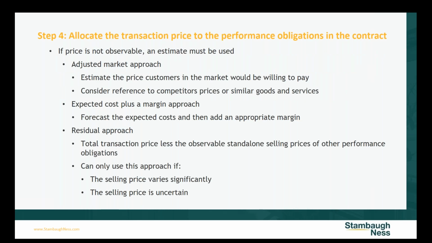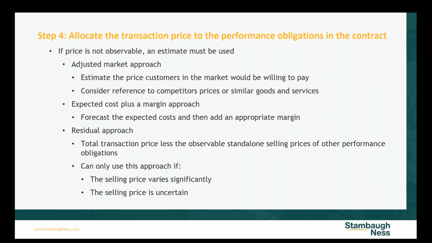If a price is not observable, so in our instance, we have the 4 quarterly journals or publications that are $20, and I can buy them at the bookstore as a non-member for $20. That's an observable price, and we can easily identify that. But in all cases, we're not going to have that, like in our membership benefits. In the membership benefits, we've bundled those 2 items, the legal advocacy and the website access, and we don't sell that membership benefit to other customers. So now we have to estimate it.